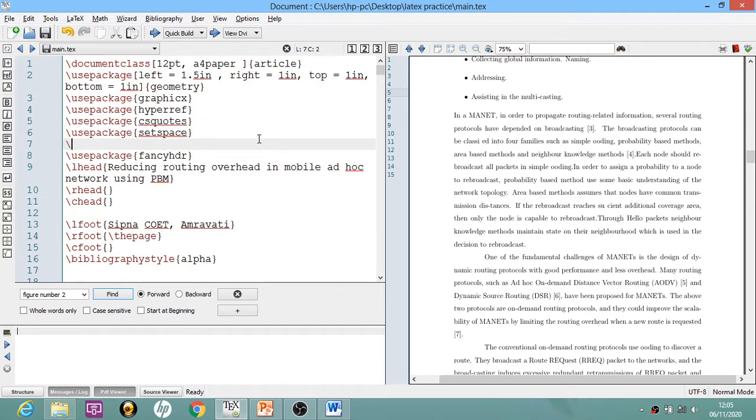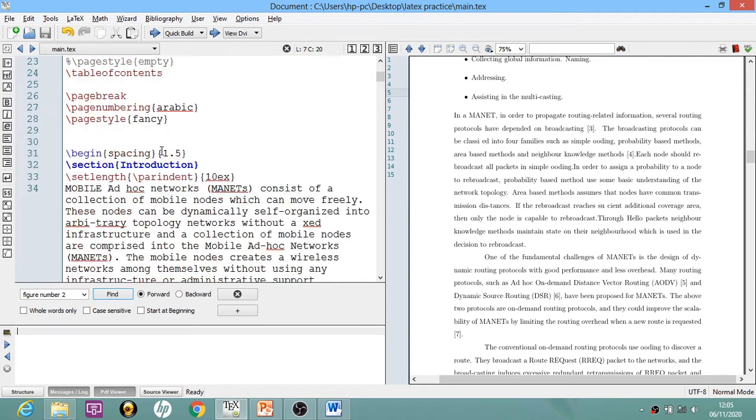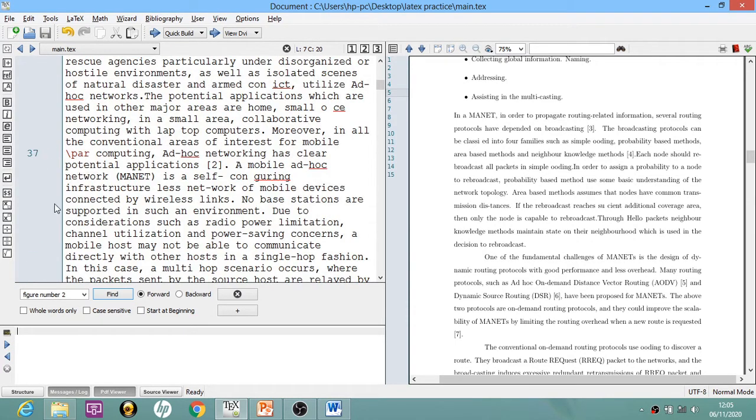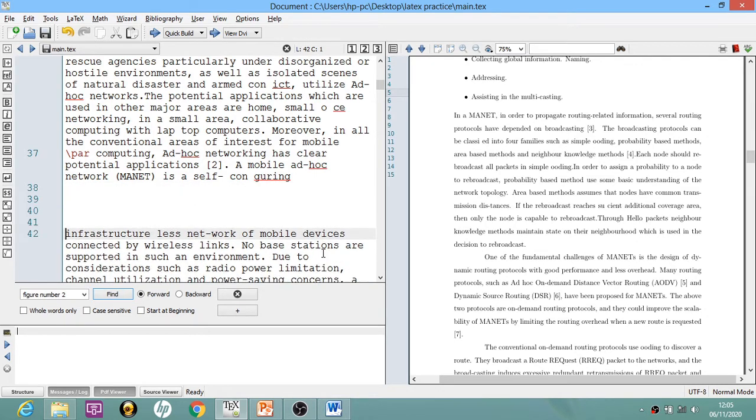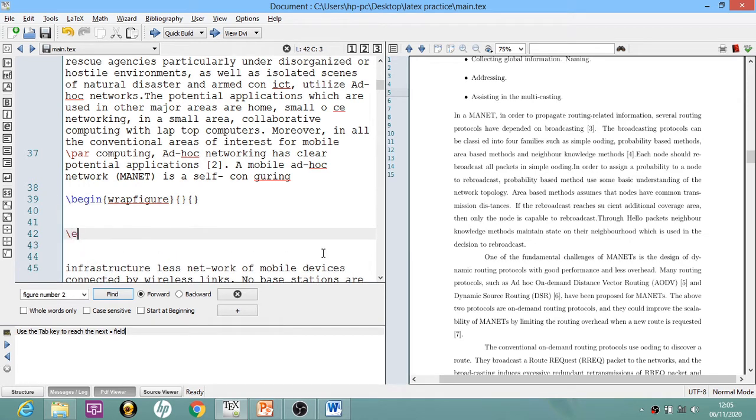So we will write usepackage wrapfig. Now suppose I want to include the image over here. So I will write begin wrapfigure, and then I will pass 2 additional parameters. First I will write end wrapfigure,